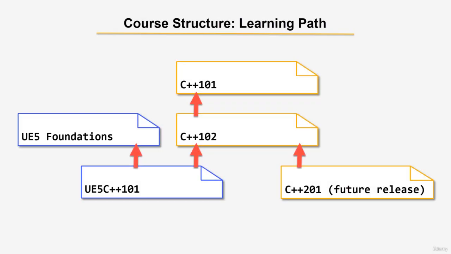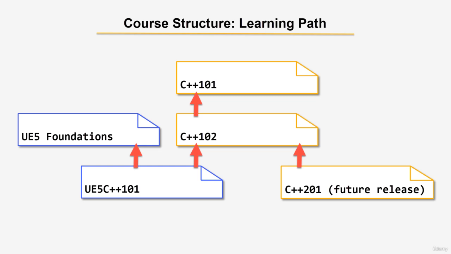Hey, so this is the course structure, the learning path, just in case you jumped to this section, to this module. There are some prerequisite modules, such as C++ 101 and C++ 102. That is for the Unreal Engine 5 C++ 101 module, which includes the Apple Picker project and an Unreal Engine 5 C++ Foundations section as well. So if you are already familiar with the topics and the lessons covered in those two modules, C++ 101 and